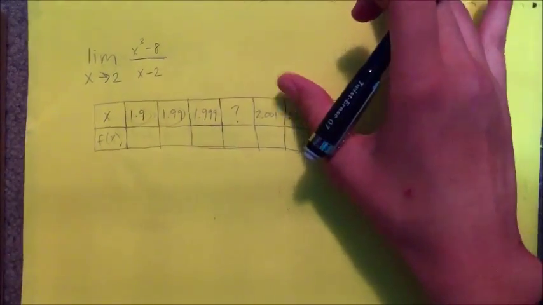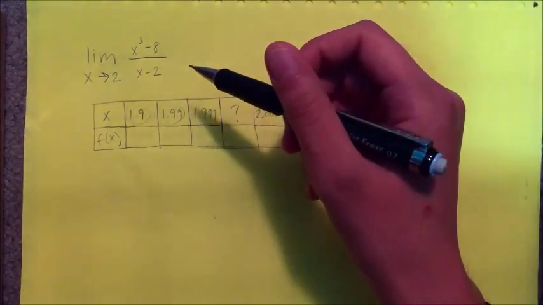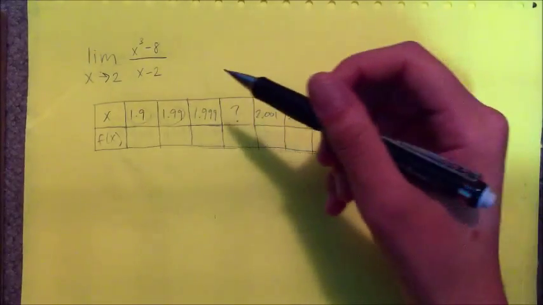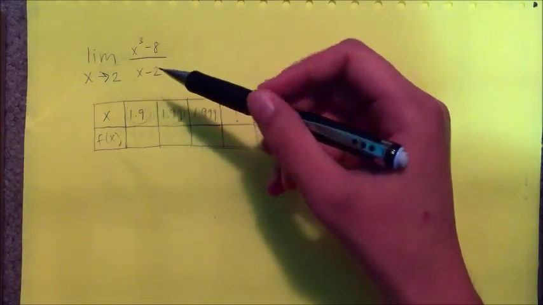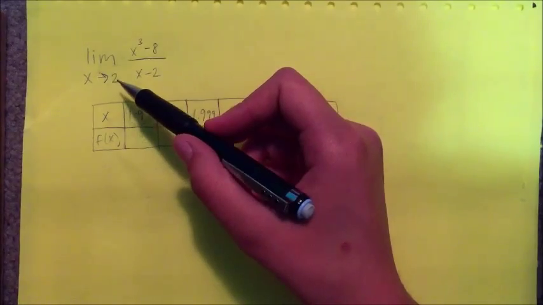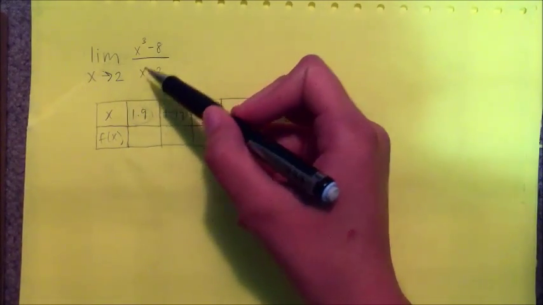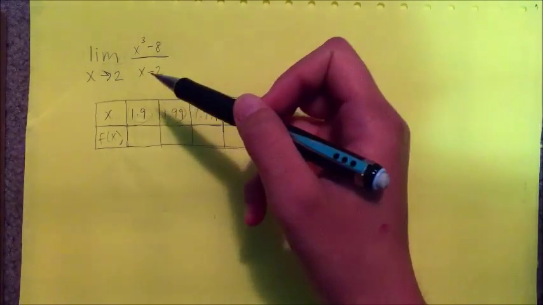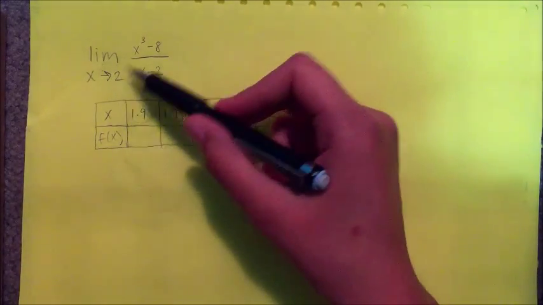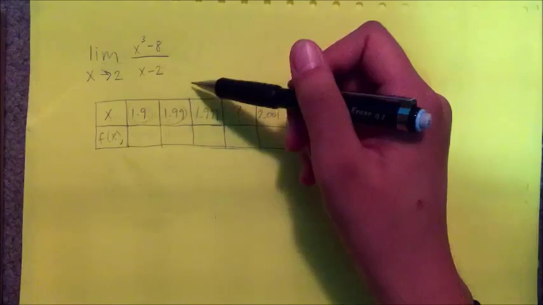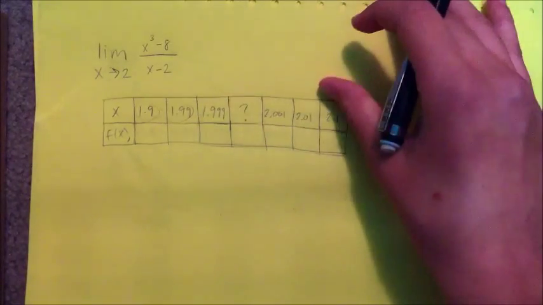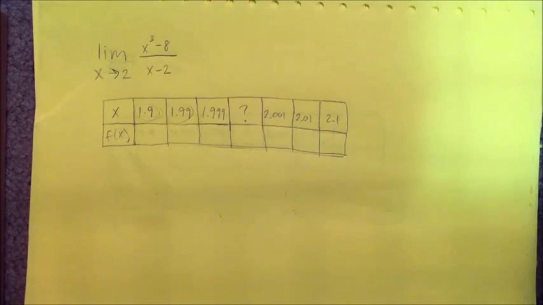So the first thing we always want to do when asked to find the limit of a function is to try to use direct substitution. So plugging in whatever this number is, in this case 2, so plugging in 2 for every value of x. But in this case, when we plug in 2 for x, we get 0 over 0, which we can't have. So the better way to solve this limit